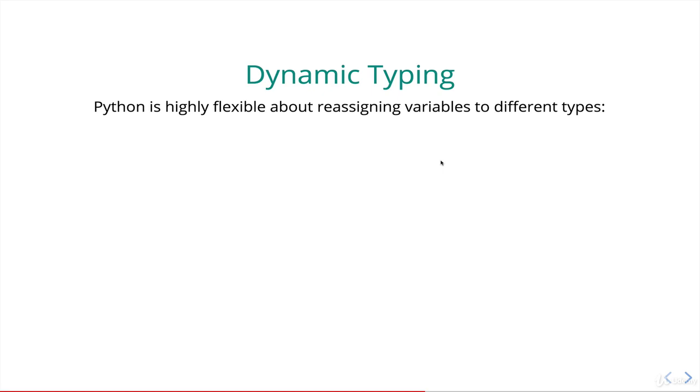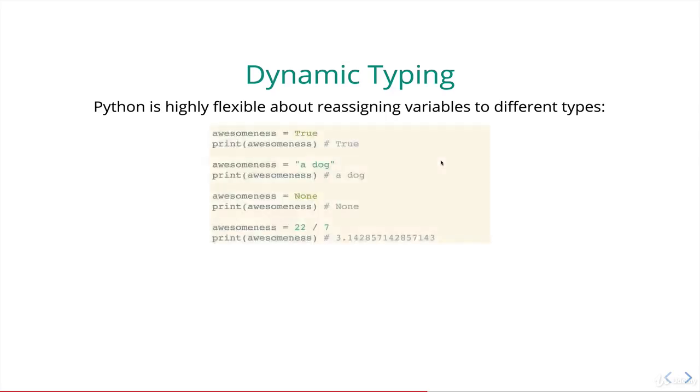So basically, it allows us to have variables change types, not just values from a number to a number or a string to a string, but the actual type. So for example, we could have awesomeness set to, what is this again? Boolean, capital T, true. And I could print awesomeness and it's the Boolean true. But then I could change it, the same variable awesomeness, it's not a different variable, and set it to a